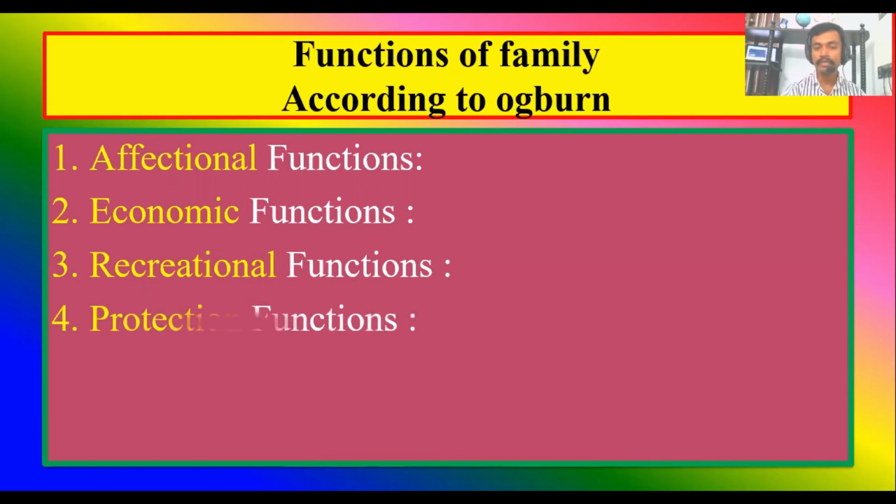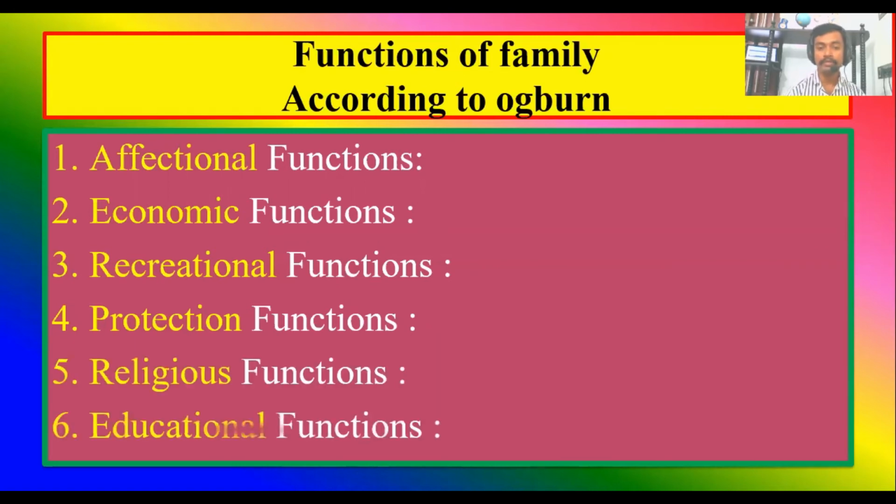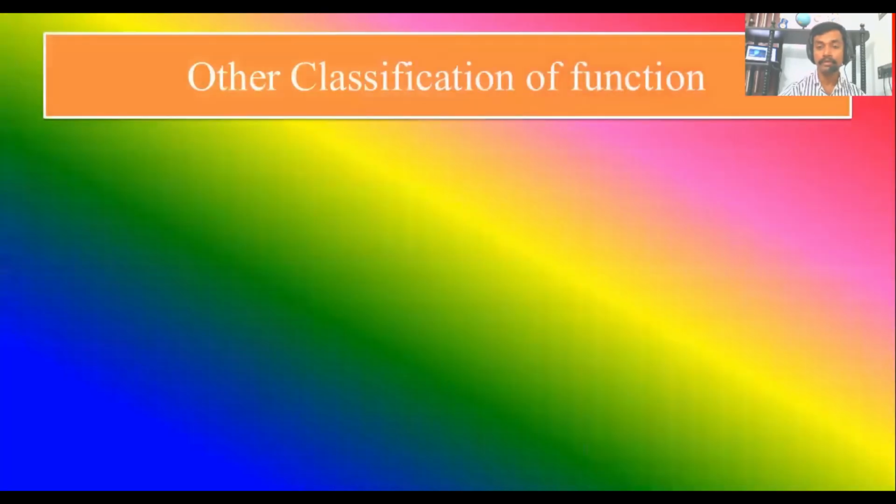Then recreational functions. Then protection function. Protection means security, family security. Then religious functions. Every family follows a religion, believes in a God and practices. Then educational functions. Parents educate their own child regarding culture,